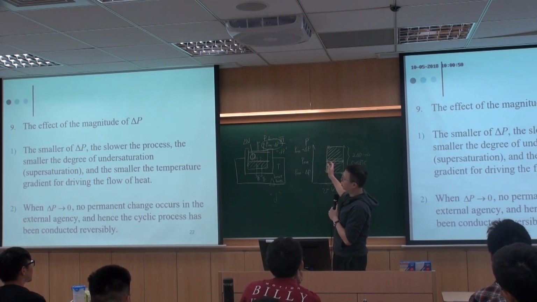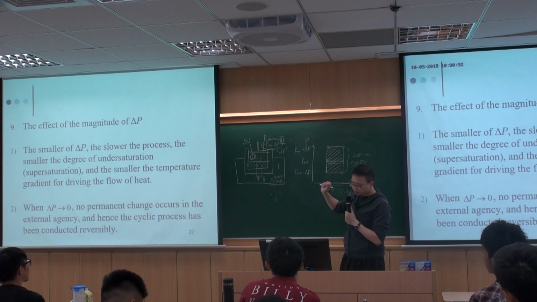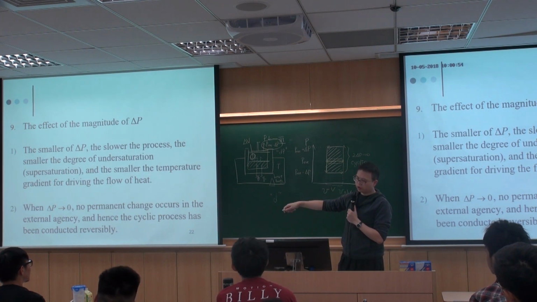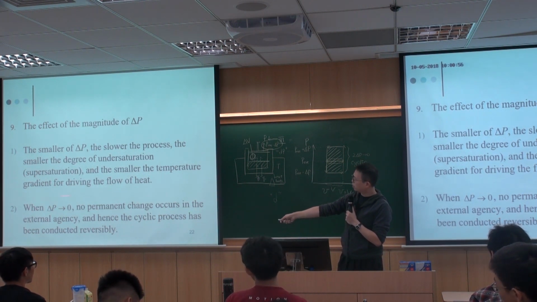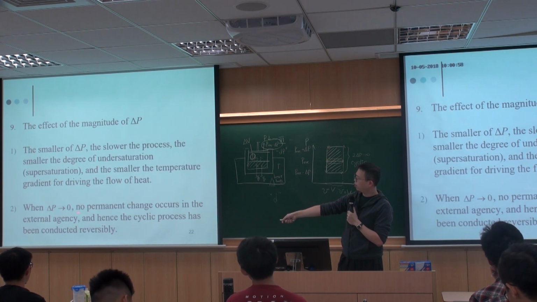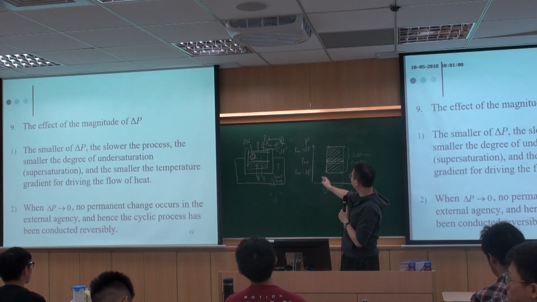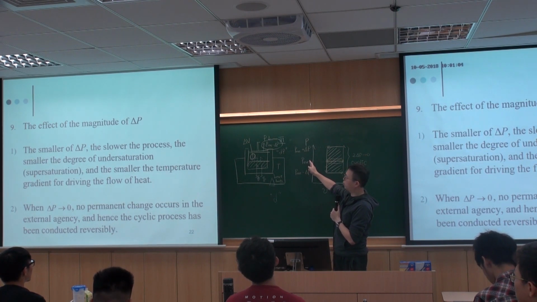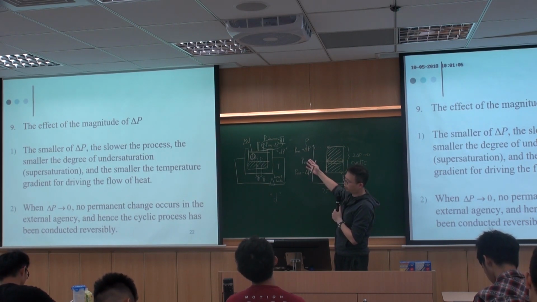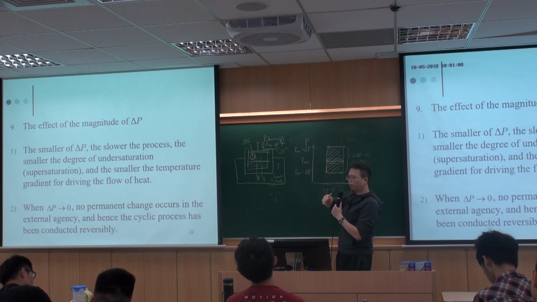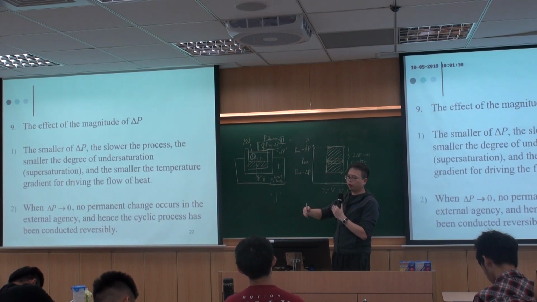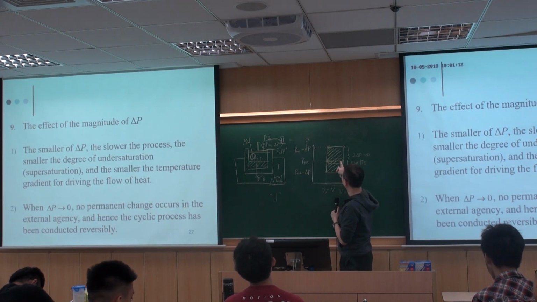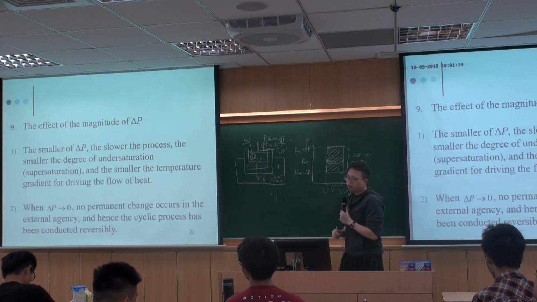So a key point here is that in the case of delta P being 0, and especially when this P external also means the pressure of the system, and if the system is in equilibrium at all times, then there's no